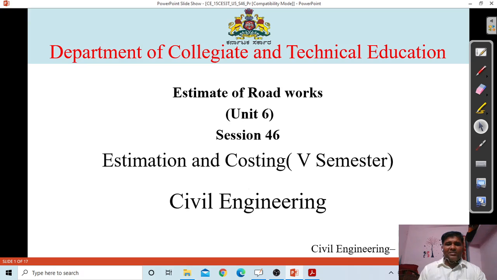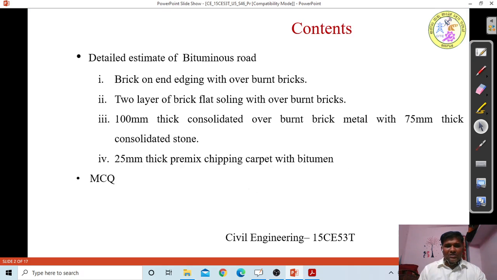This is session number 46 of unit number 6. The unit is estimation of roadworks. So today in this session, I am explaining how to prepare an estimate for a bituminous road. The following contents will be explained in detail. The session starts with how to prepare a detailed estimate of a bituminous road of the following items, namely